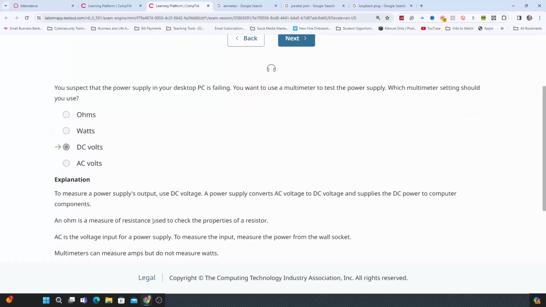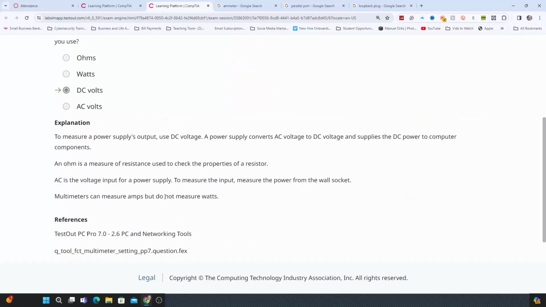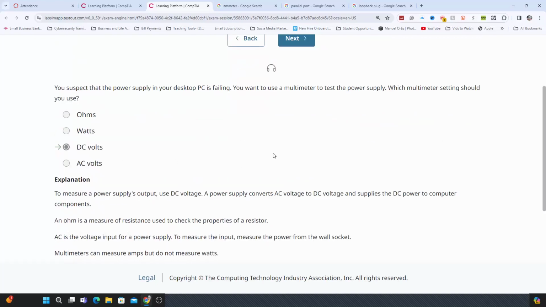Ohms, a measure of resistance used to check the properties of a resistor. AC is a voltage input for a power supply. To measure the input, measure the power from the wall socket. So AC, wall socket. Multimeters measure amps, but do not measure watts. Okay, so